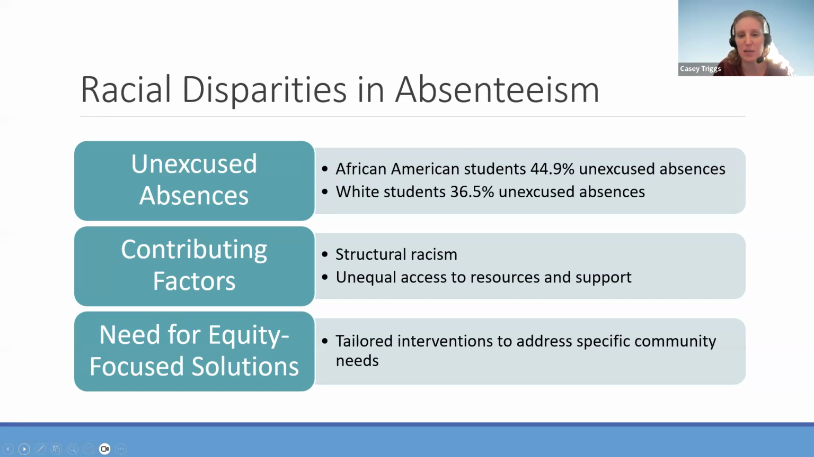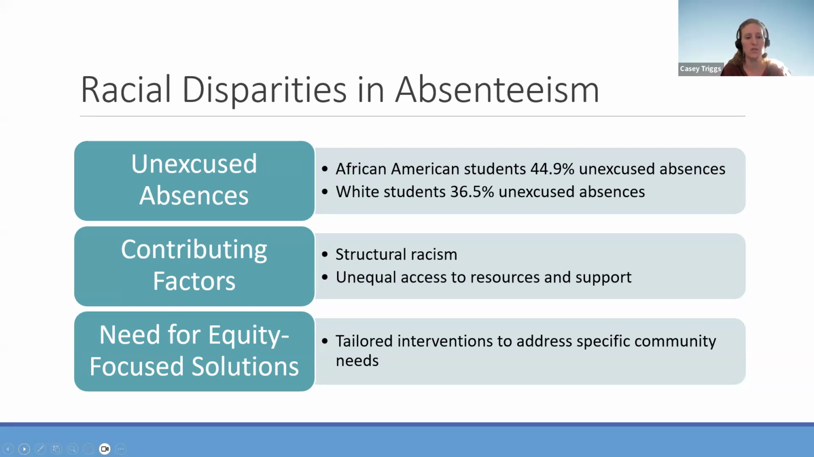The data shows that African American students in San Bernardino County have unexcused absence rates of 44.9% compared to 36.5% for white students. And these disparities reflect back on those broader systemic inequities that we spoke to in the beginning, which include structural racism and possible discrimination in schools. And so the reason I bring this up is really from an equity perspective, and from a social justice perspective,